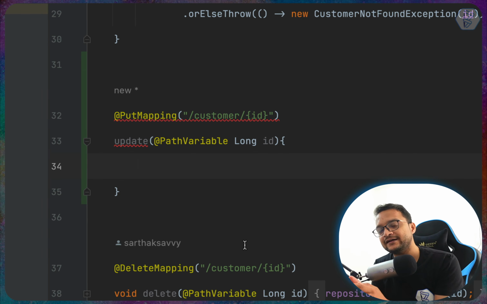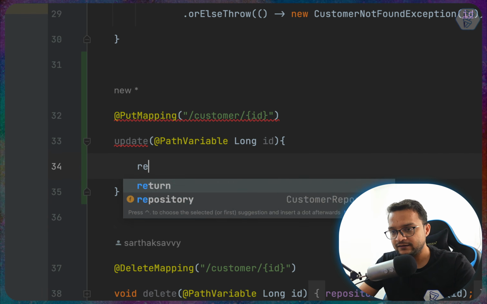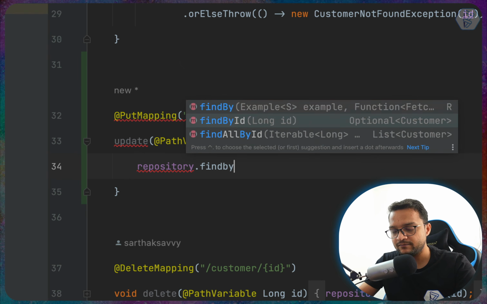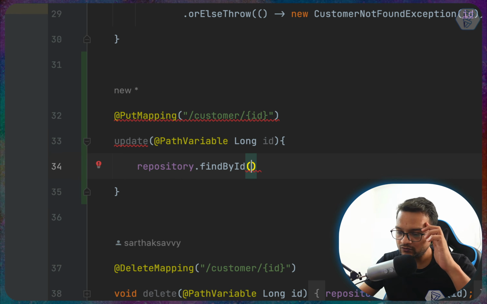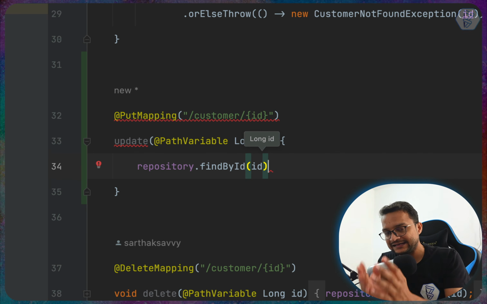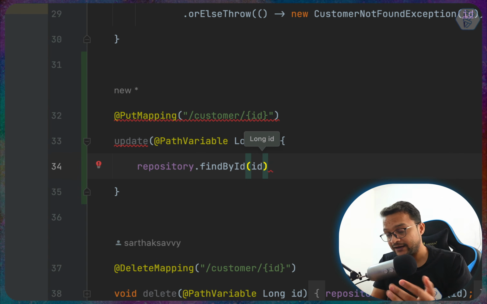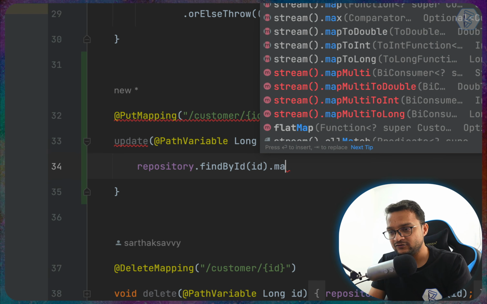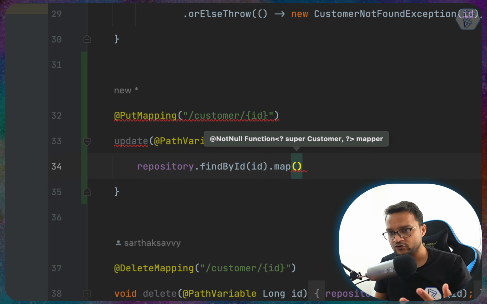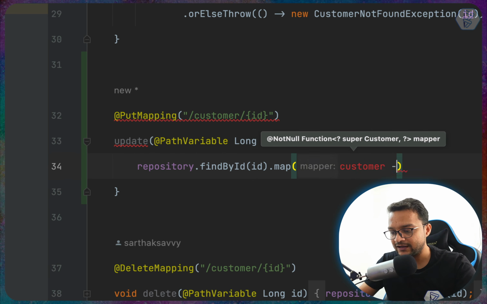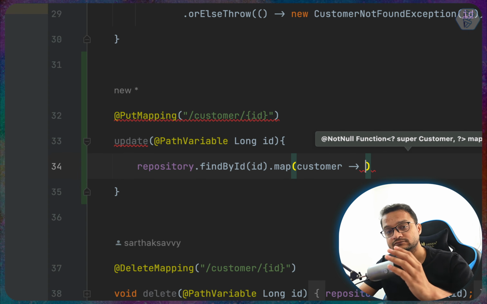Now comes the interesting part. First, we need to find it by the ID. So let's say repository.findById, and we pass the ID. Now when we get the customer by using findById, we say, let's do the map. What is the map going to do? Map is going to iterate over all the fields, and then we can do something on each field and return the collection once again. So how is it going to look? I say customer, with this arrow function, or whatever you call a lambda expression basically,